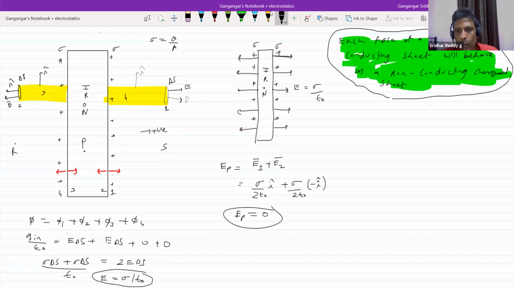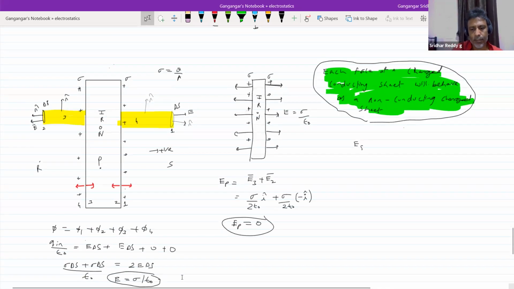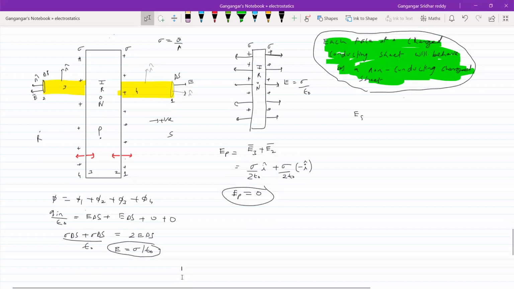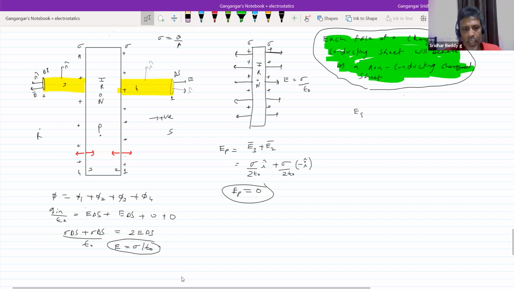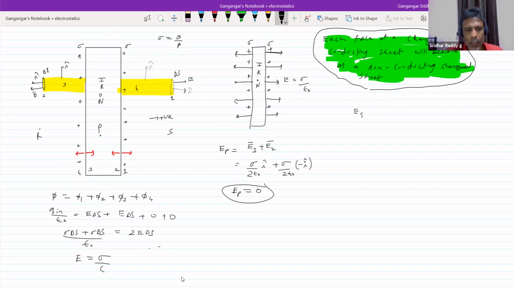Now the field at point S. We know the field at point S is equal to this much, no? All of you just make an observation. It's really very simple. Plenty of numericals are there again with sigma by epsilon naught. This is the field due to a conducting sheet. So what is the value of ES? ES equal to ER equal to sigma by epsilon naught. This I'll show using Gauss law.